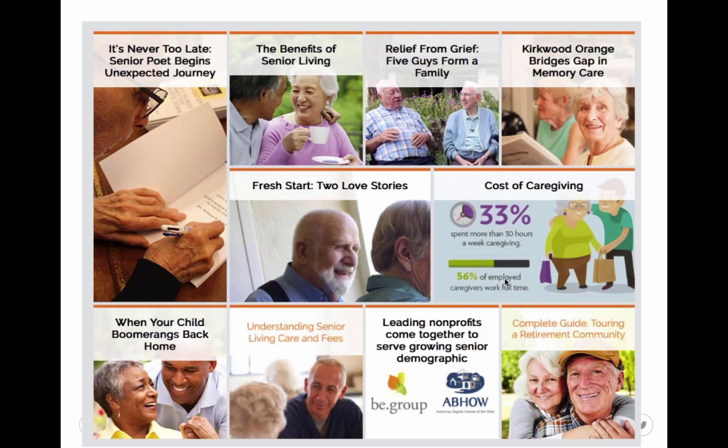Here's a great example. The B Group has a very visually appealing website that's very interactive, resource rich. This is just a screenshot of one little part of their website. But as you can see, it engages people and provides information to encourage them to come back as they need different types of resources. So in the beginning, they might be interested in the piece that's on the bottom right, which is the